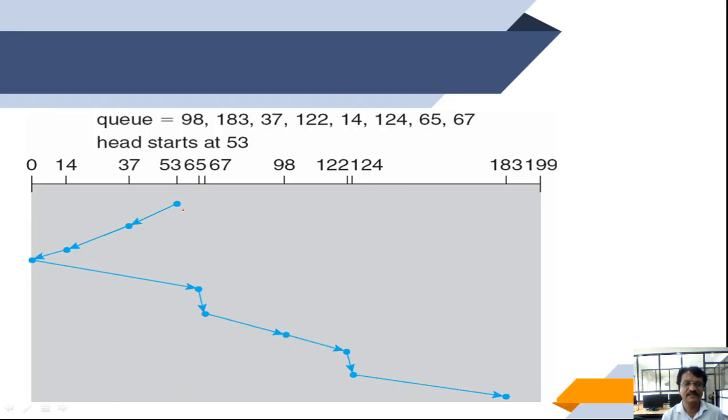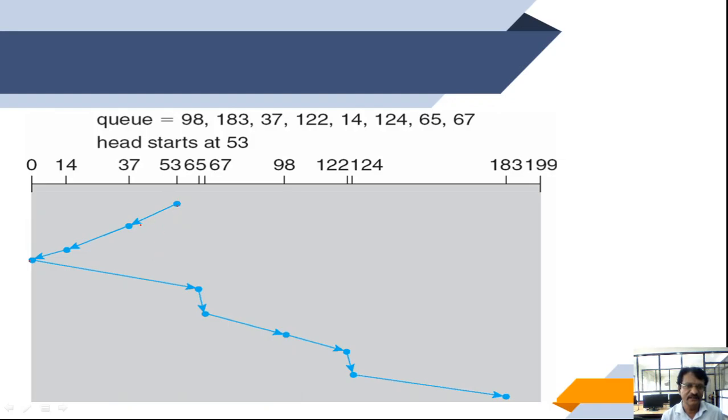From 53, first, as I said, it starts moving towards one direction till it reaches the end. Whatever comes in the path, all those will be served. Once it reaches 0, it starts traveling in the opposite direction till it reaches the other end. So let's start with 53, and initially it moves towards 0 first, right? While it moves from 53 to 0, whatever references are there will be served.